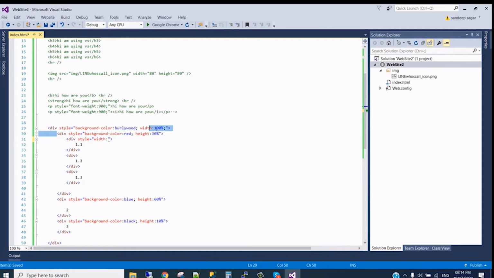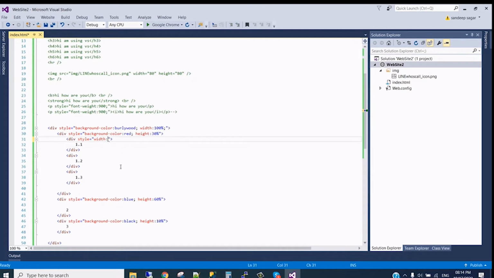So the main div, we assume it is 100% for the child. If the child is inside the parent, then the child behaves as if it is inside a div which is covering the full 100%. So here it is no width, but it assumes that the child will take the percentage of the main div. So for the child, the parent is 100%.